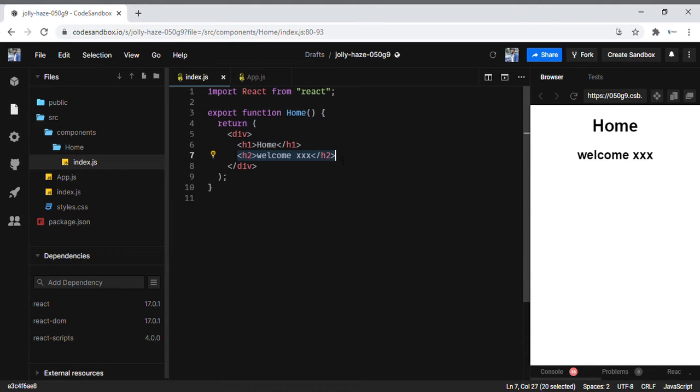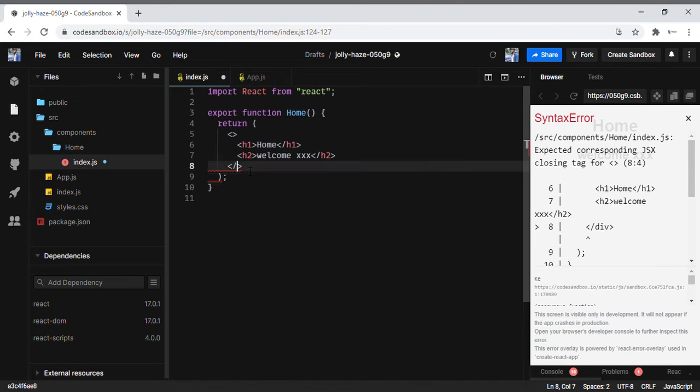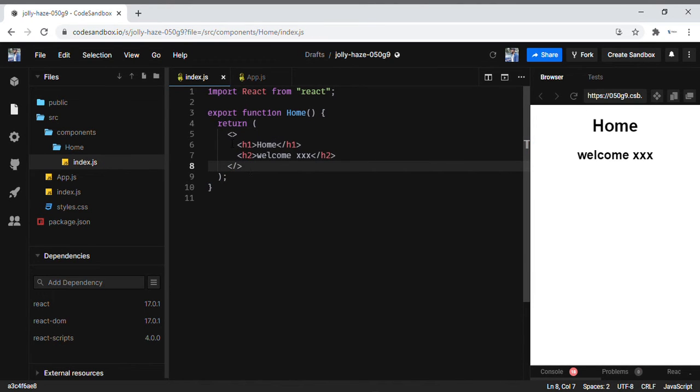Why we got this error is, as I discussed in the previous session, in React, whenever you're creating some component, it will create a virtual DOM. In the virtual DOM, we discussed a tree kind of structure. So each element will be created under a separate node. Since it creates separate nodes, it cannot recognize the parent node. Because we have created two different nodes, obviously we need a parent node. That is why it will always expect that you wrap it under a node. Even if you don't want a division, you can wrap it like this without giving anything, like an empty node. You can also wrap it like this.